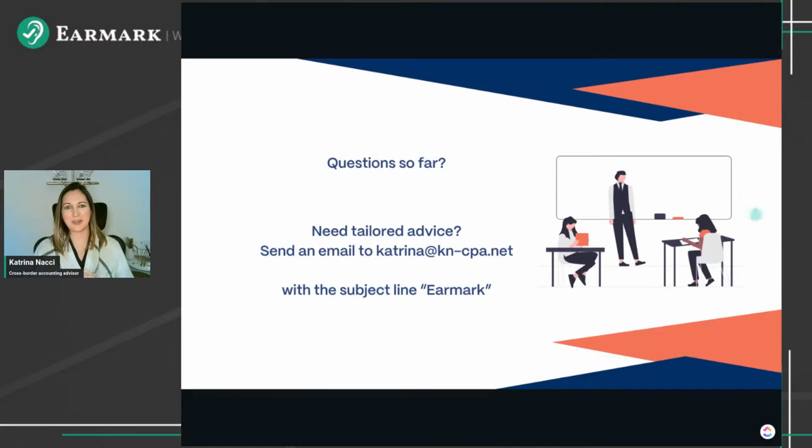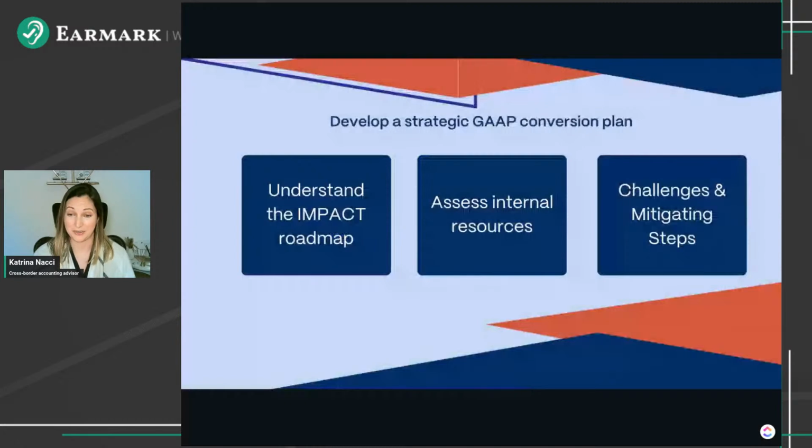All right, in terms of developing a strategy to go through your GAAP conversion, this is really the meat and potatoes for what I do and what I like to educate people on. So I've developed this IMPACT roadmap, which is basically an acronym for the different steps that you take to go through a GAAP conversion. And breaking that up into very discrete phases allows you to go through one phase at a time and then stop and assess, okay, what did we identify as the differences or how we're doing the calculations, and along the way, decide if you want to leverage your internal team more